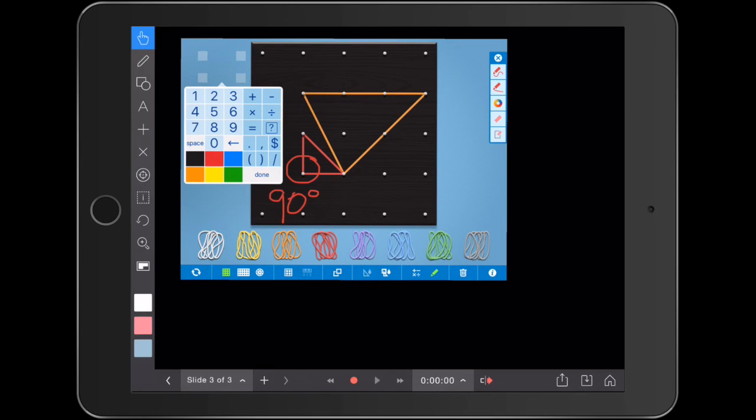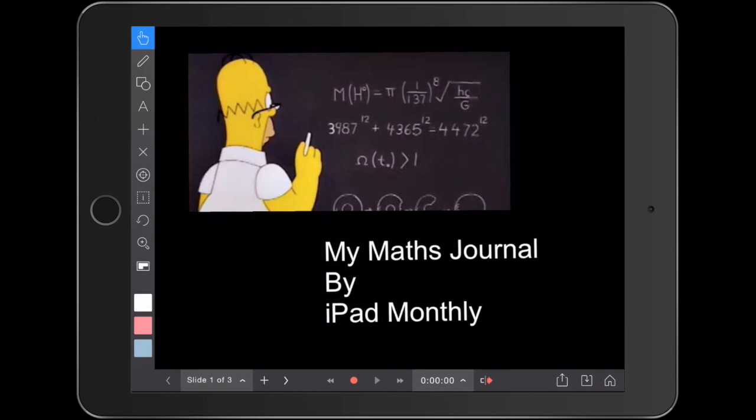If we get our students to create this learning journal, this maths journal, at the start of the year, all of a sudden it builds and builds. All we need to do is allow our students to reflect at the end of the week on key milestones and key moments in maths class and get them to reflect: what did I learn? What am I still unsure of? What are my misconceptions? What are the really good moments where I've learnt a lot? So this is a really great example of using Explain Everything as a maths journal. It's something that I think all classes should use, and actually it really